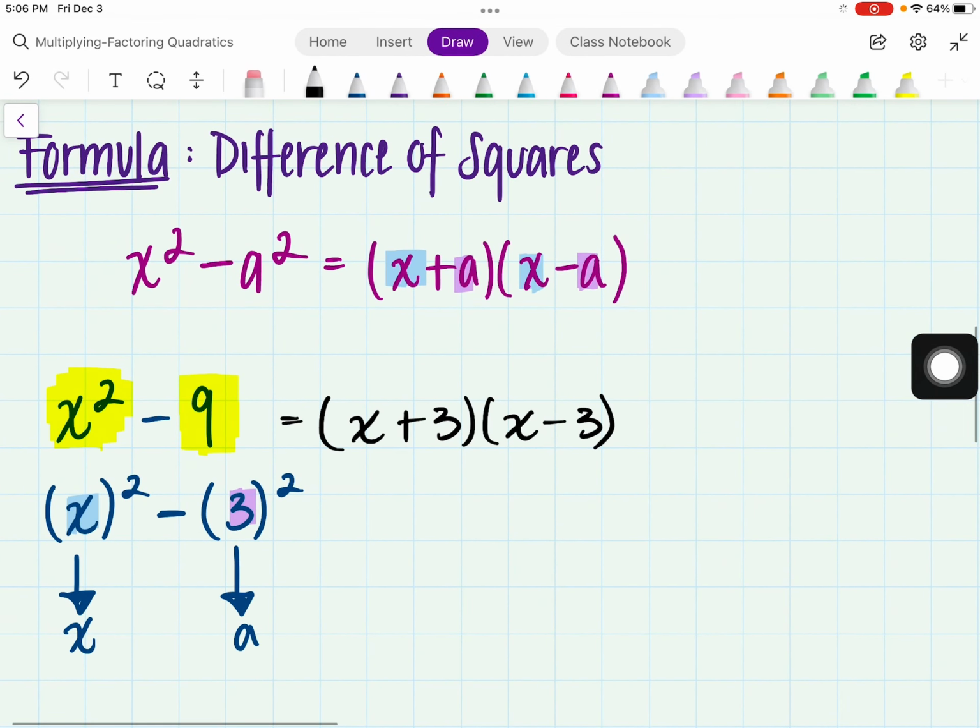All right, so that's the formula. Once again, it's just another method for you guys to use. Doesn't mean you have